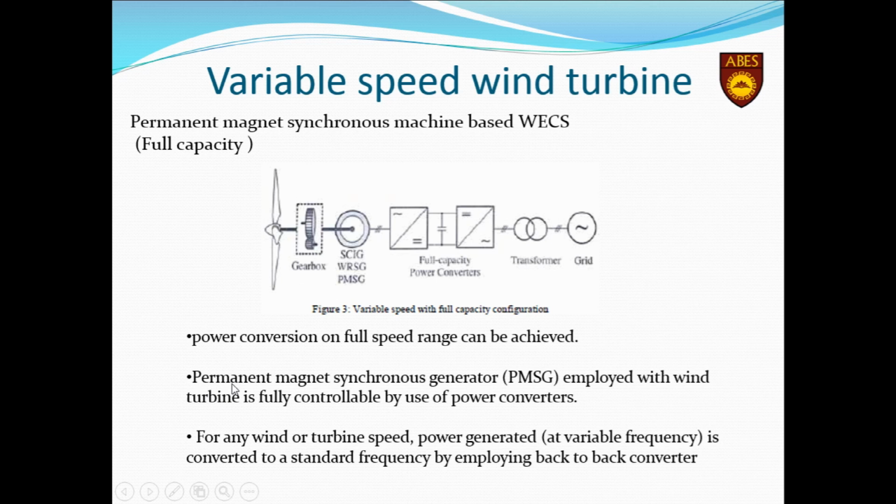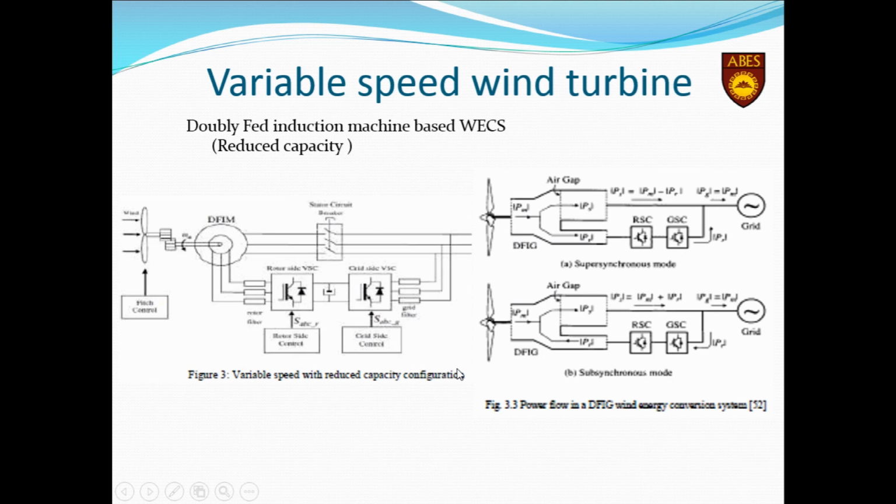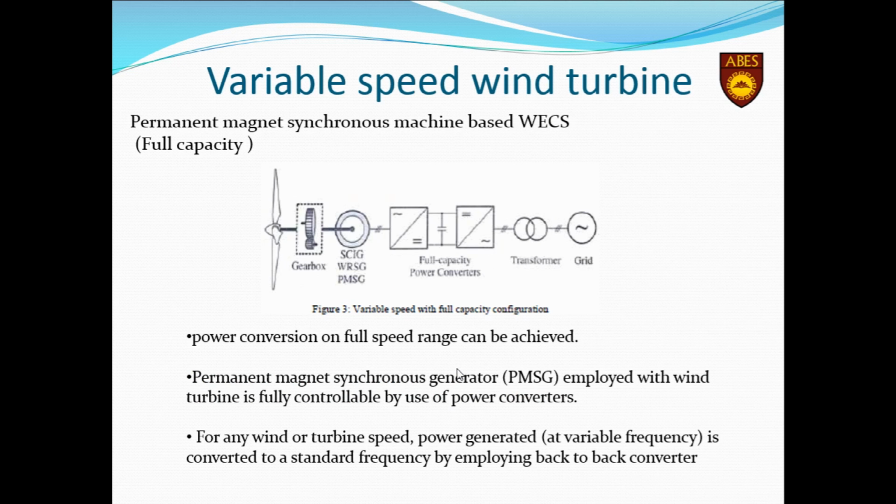So as we can see, the permanent magnet synchronous generator employed with this wind turbine is fully controllable by use of power converters, and for any wind speed the generated power is converted to a standard frequency by using a back-to-back converter. Now one more point to compare in DFIG and variable speed wind turbine: